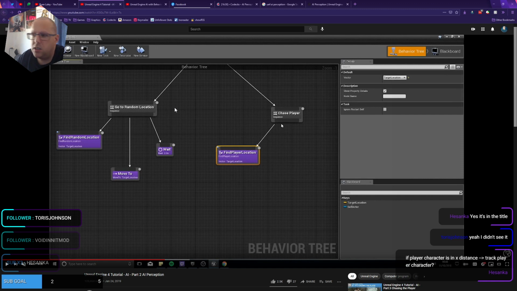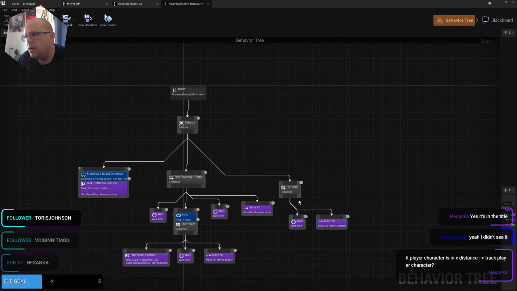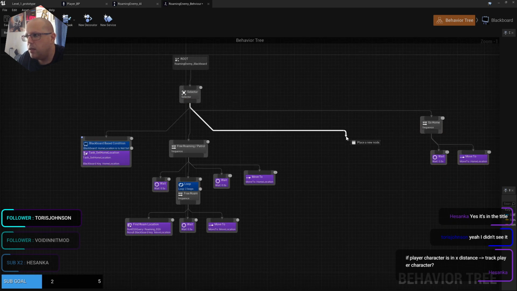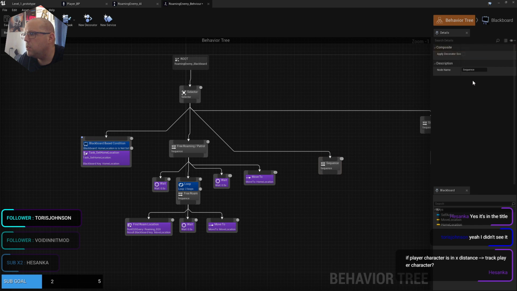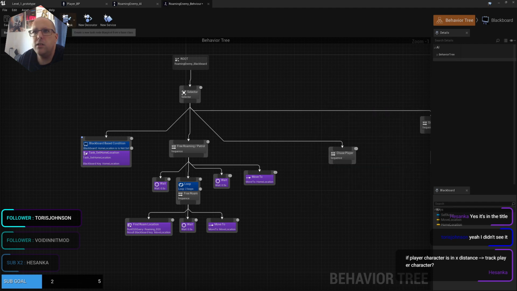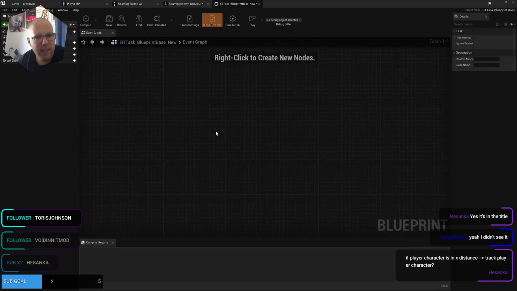So go to random location, chase player, find player location. Let's start by doing that. I think go home will always be the fail safe. And we are going to do a sequence here, and this is going to be chase. It's going to be chase player, and we're going to do a task. I need a new task. Okay, so a task is